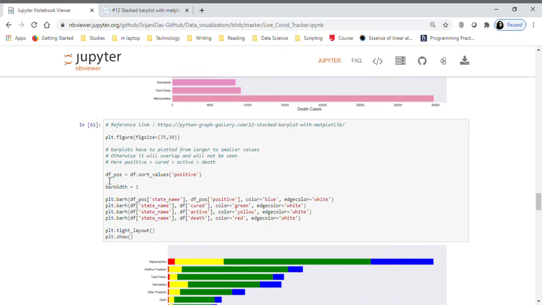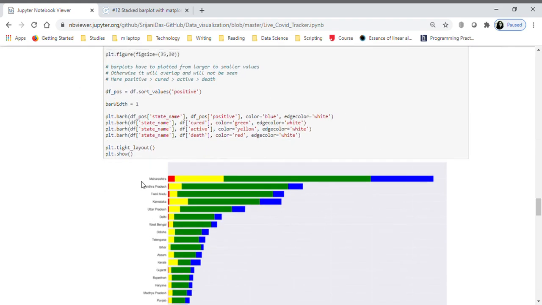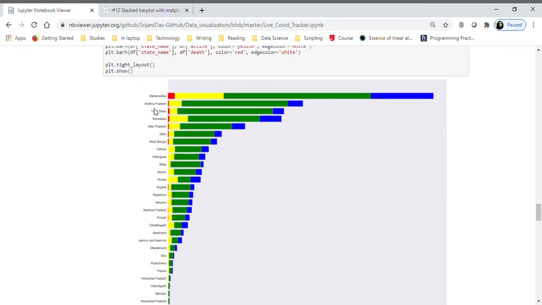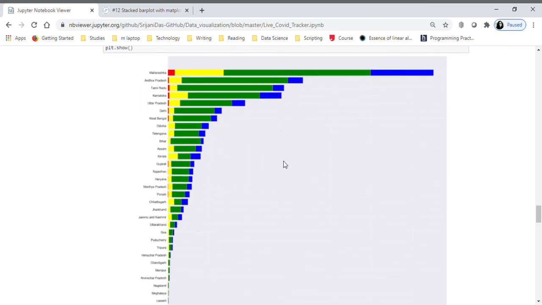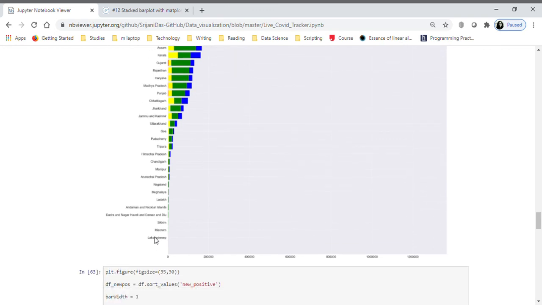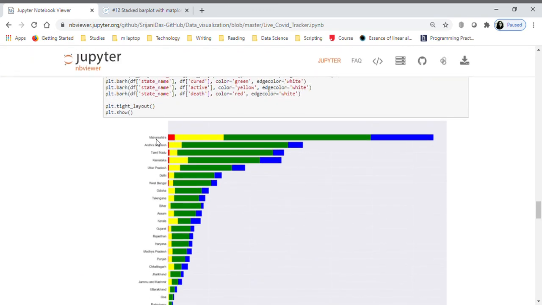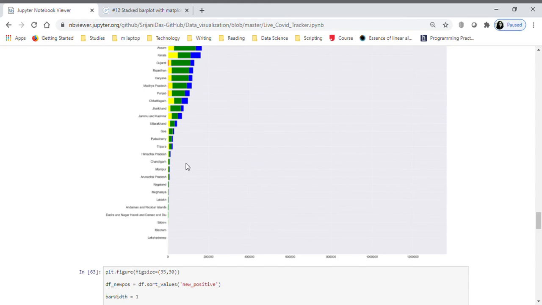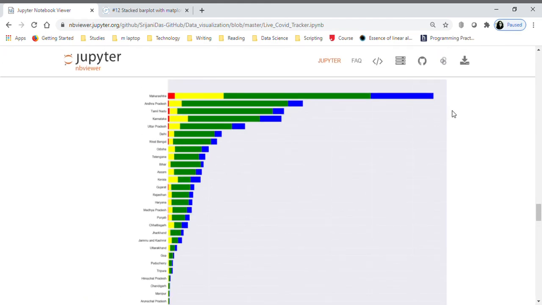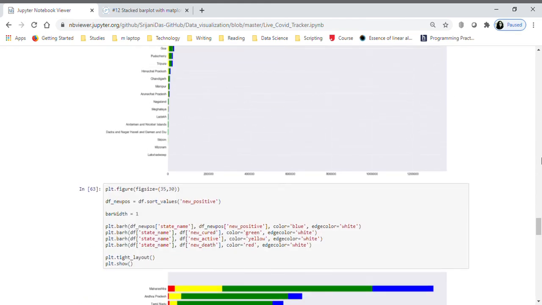So here I have sorted values with respect to positive cases. That's why Maharashtra is at the top. But if we remove this positive and just keep sort values without giving any parameter, by default it will take the state name as the sort value, and in that case you will see the alphabetical order showing instead of the highest number, which is what we don't want.